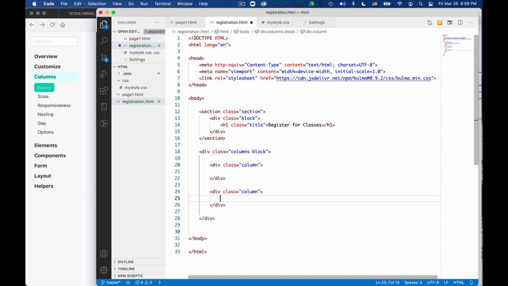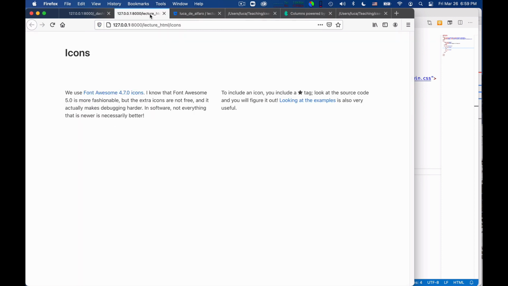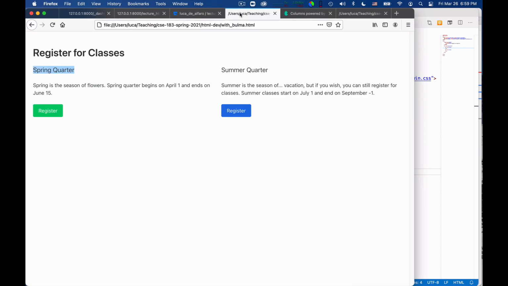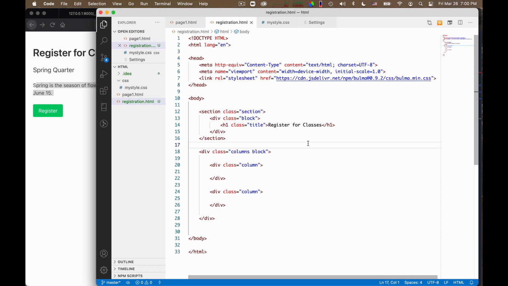Okay. So what do we need to do inside each one of these columns? So let's look a moment at what we have to do. Here. Each column must contain a subtitle, some text, and a button. So let's do it.